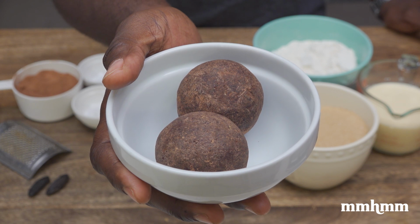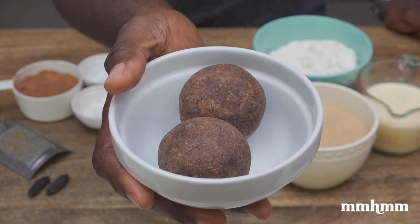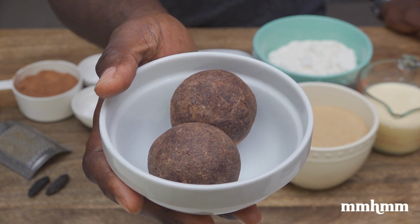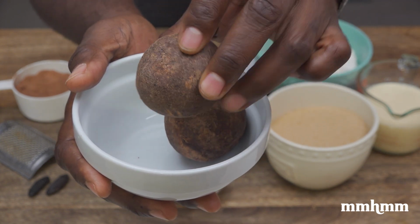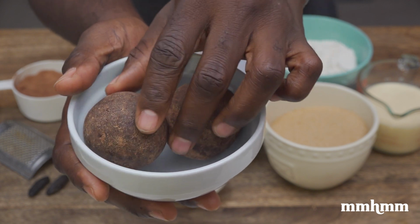I'll also be using cocoa ball in my buttercream frosting. Now this is the same cocoa ball that my mother and grandmother used to grate to make cocoa tea for us when I was growing up. And they could still get these in the market, and they already come with a lot of spices in them